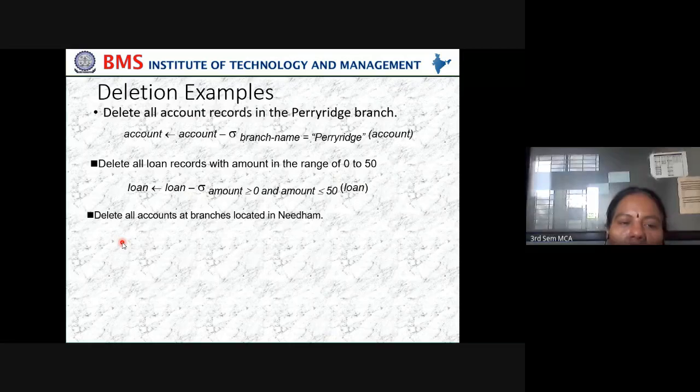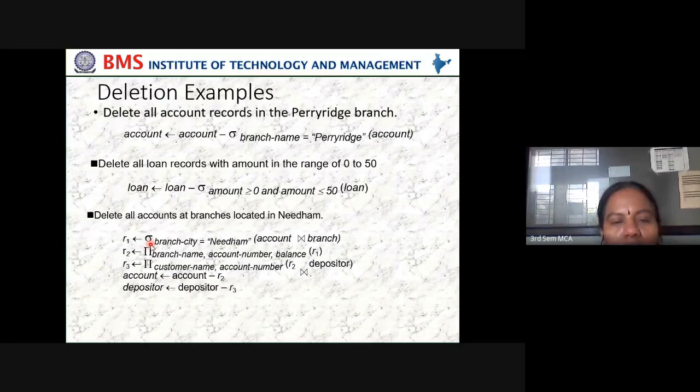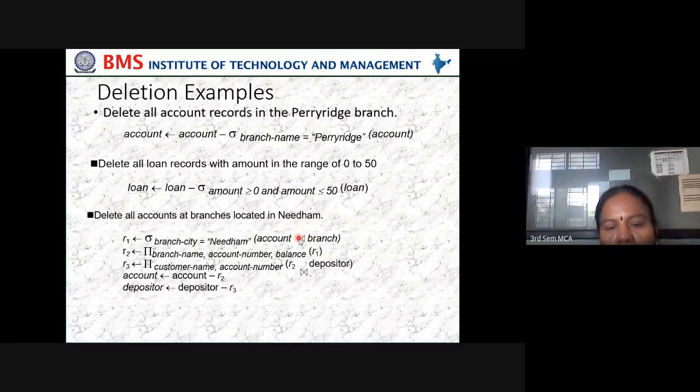Delete all accounts at branches located in Needham. Branch city equals Needham, account natural join branch, stored in R1.